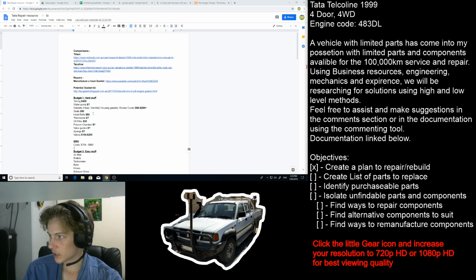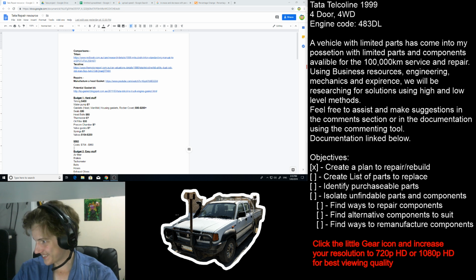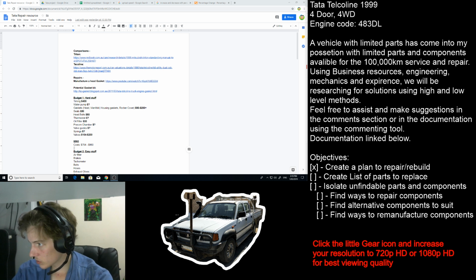So that's going to be create a list of parts to replace. Okay, so there's a way for me to improve this just a little bit. The catalog thing. So those two there. Create a